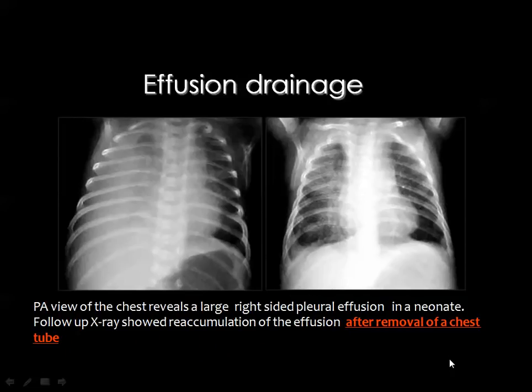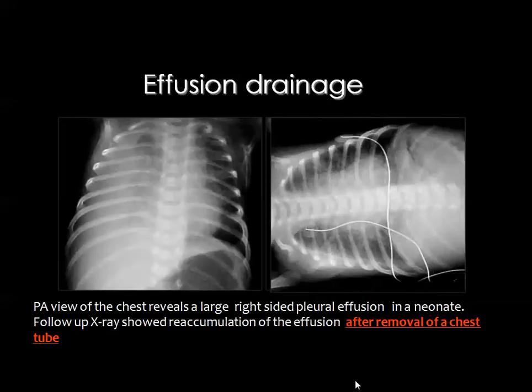And this is an example, and you see there is a large right-sided pleural effusion, and after insertion of the chest tube, there is almost total resolution of the effusion,